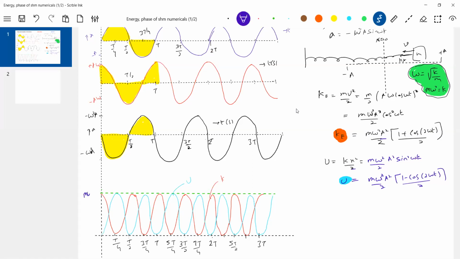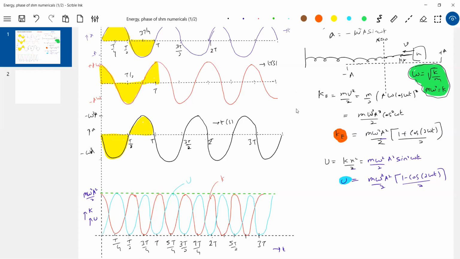I'm going to write this as M omega square a square by 2. These are both potential energy as well as kinetic energy. This is a function of time. Now, what is one cycle? By the time the block completes one to and fro motion, meaning it starts from mean, right extreme, mean, left extreme, mean, what will happen to energy? The variation of energy completes two oscillations. Are you able to notice? Look at the red color one. It has completed two oscillations.